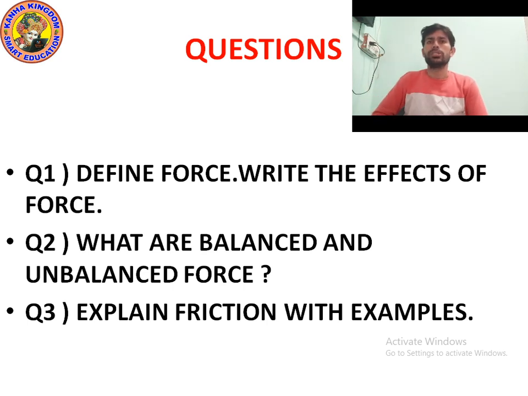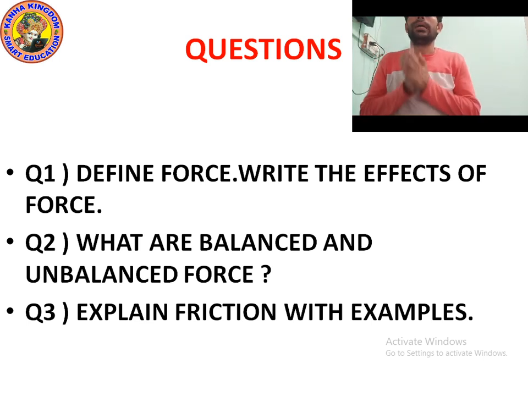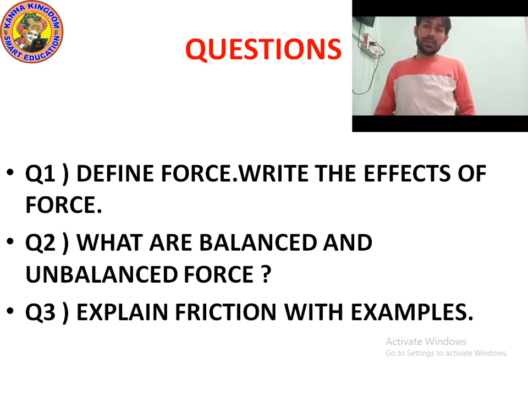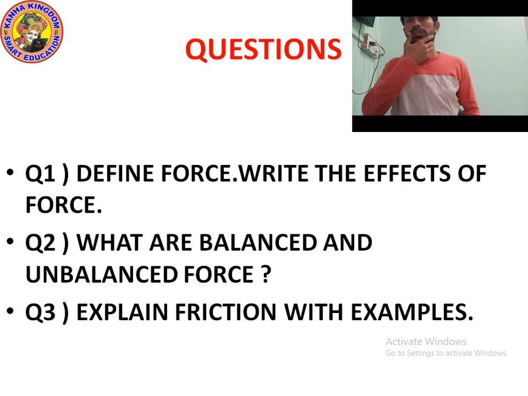Okay. Question number three. Explain friction with example. Yes, what is force of friction? The force of friction is the force which opposes the motion of an object over a surface, applied in the opposite direction. For example, a ball rolling on the ground gradually slows down and comes to a stop due to friction, and if we stop pedaling a bicycle, it gradually slows down and comes to a stop due to friction.